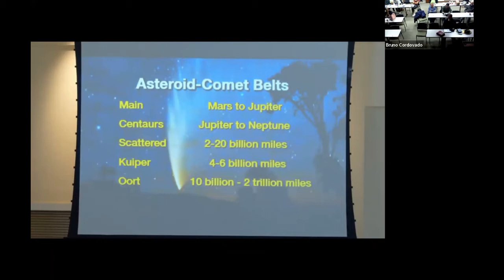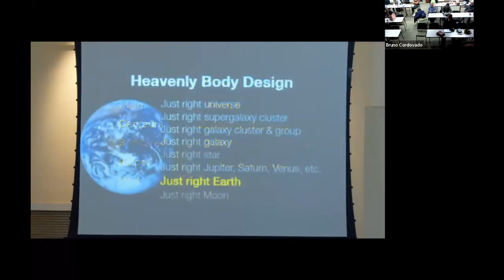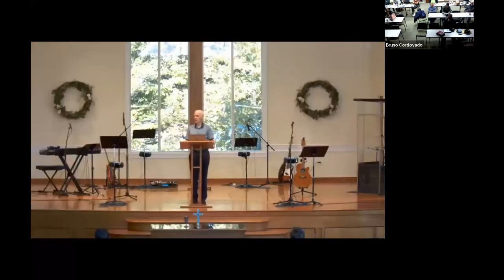And of course, we need a just right Earth. Over 400 characteristics of the Earth must be fine-tuned to make advanced life possible. And we have a just right moon. And now we know that 23 distinct characteristics of the moon must be fine-tuned. So one example is our planet Earth has a stable rotation axis tilt. It moves between 22 and about 24 and a half degrees back and forth over a 41,000 year period.